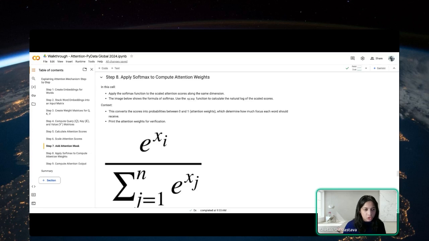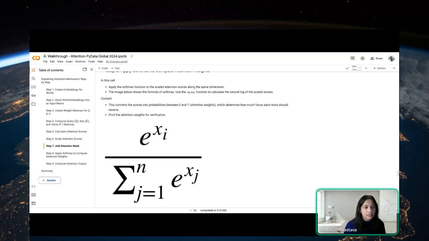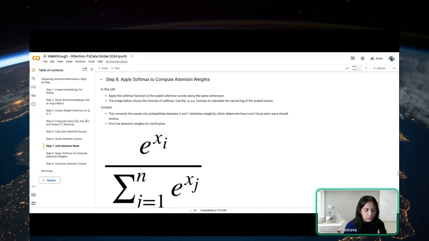If you've done multi-class prediction before, you would be familiar with something known as softmax. We briefly covered softmax in the previous step, but it is really just a function which takes the number as an input for each token and scales it so that the output is on a scale between 0 and 1. An intuitive way to think about it is that if a word has a really high compatibility score with, say, two other words, the softmax function, the way it is written, is going to make these differences even more pronounced. So if we scroll down,